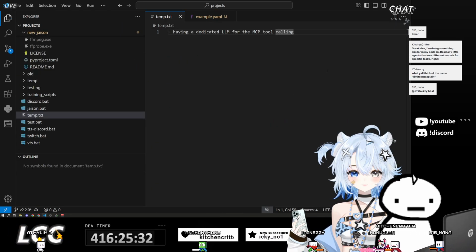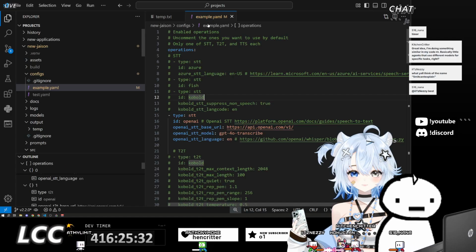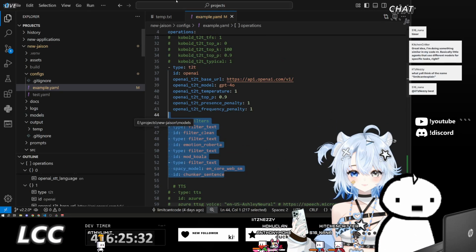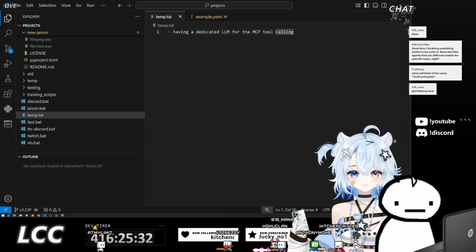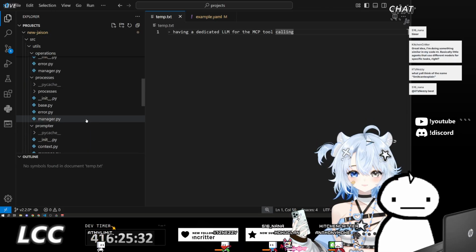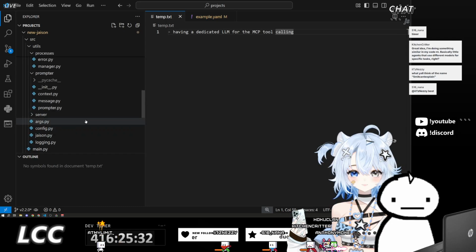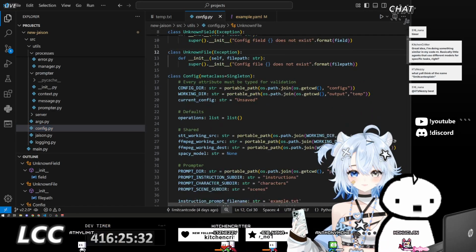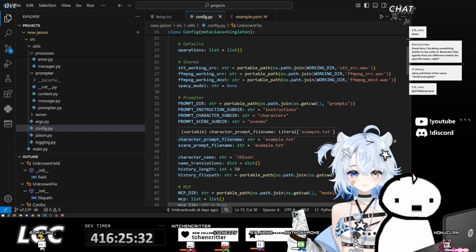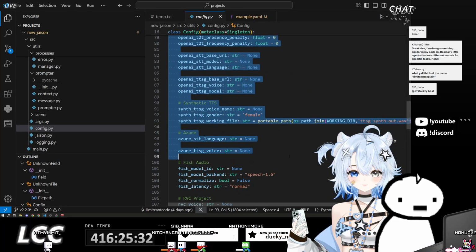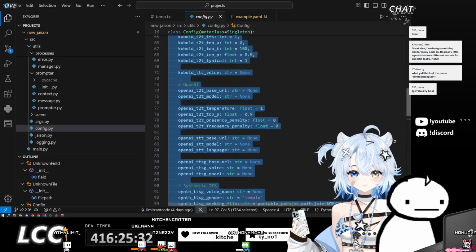So yeah, what we're going to be doing today is continuing with this refactor. I gave some thought to how I wanted to handle configuration a little bit better, and basically I'm thinking that this central configuration object shouldn't be keeping all of these configuration attributes within the config object here.